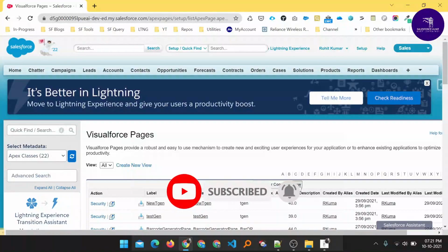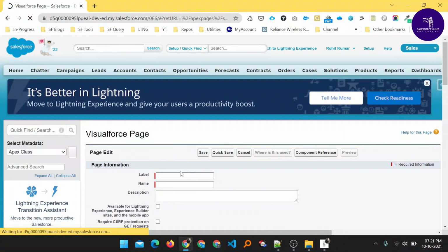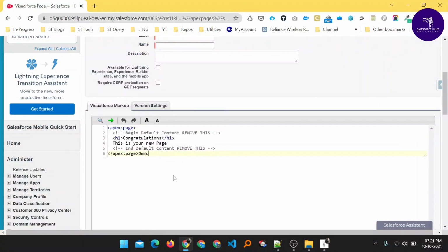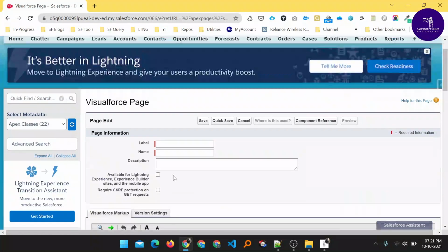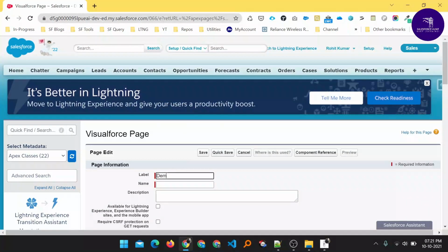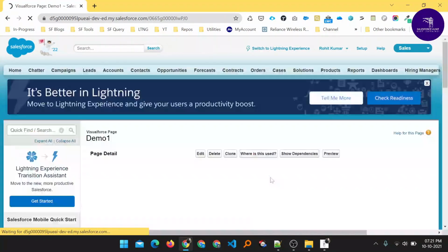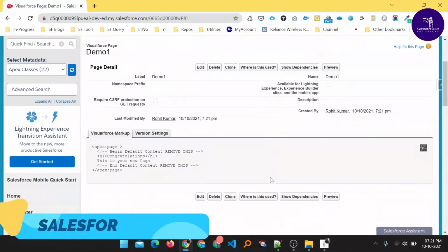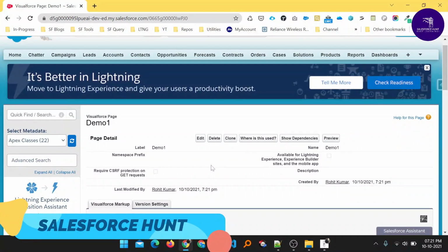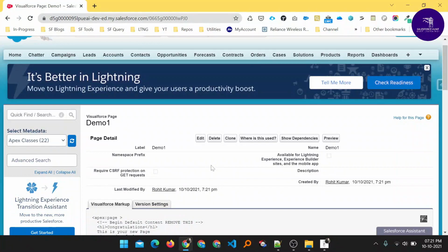Let me create one new Visualforce page. The page name can be anything, so you can write demo one as well. Then save it. Once you save it, you have two metadata members.